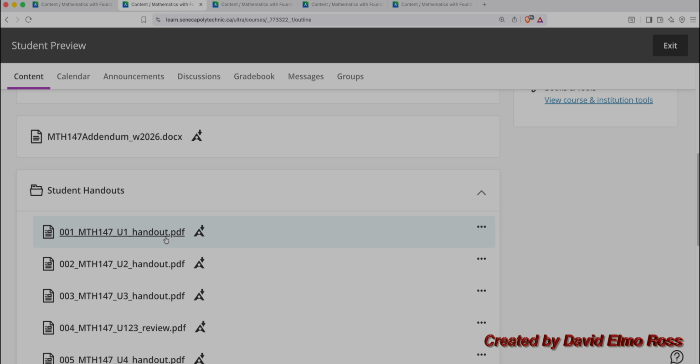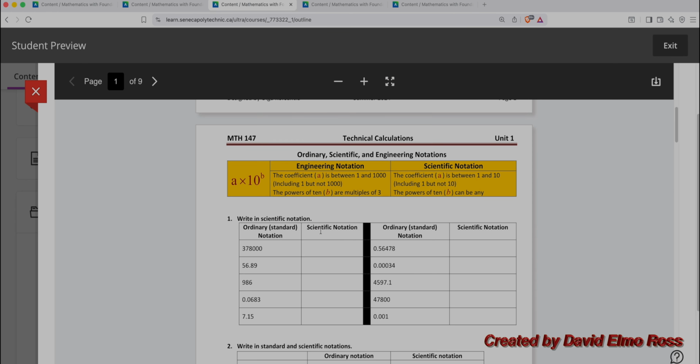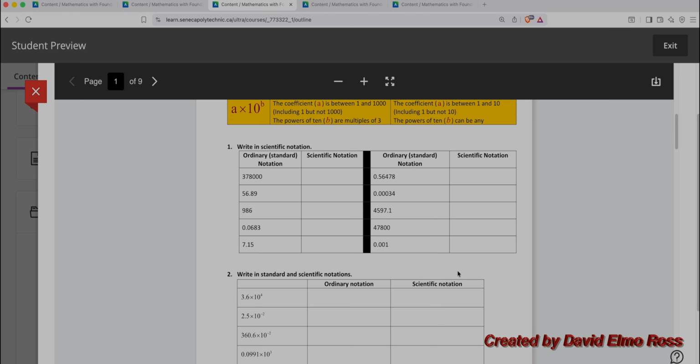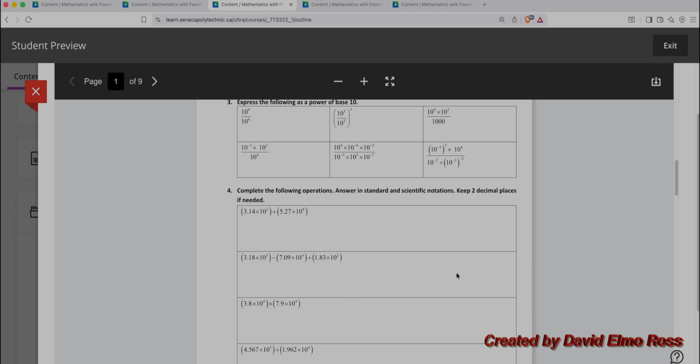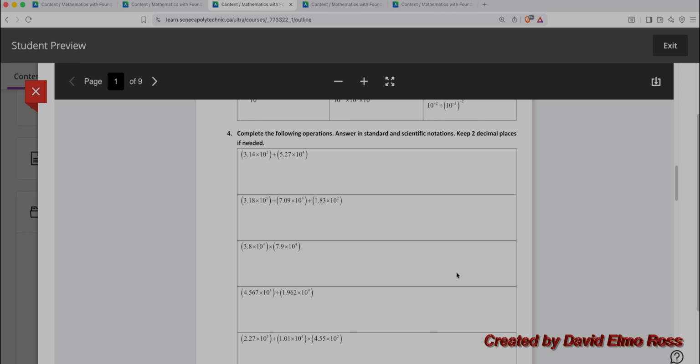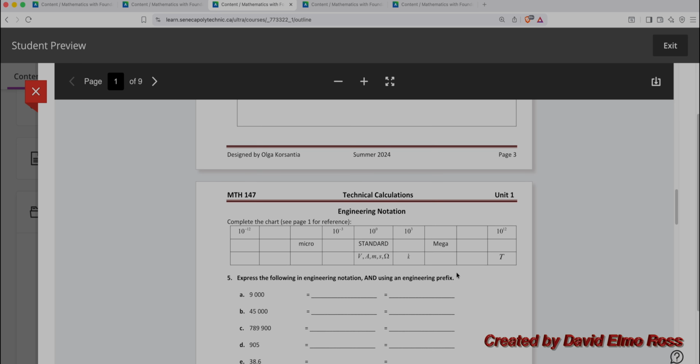Now let's go up here and take a look at more information that's on Unit 1 here. Now on Unit 1, you can see that it has a number of things that we should be working through about taking this number and expressing it in scientific notation, and this as well. So it goes through various exercises in here that we should be able to work through in class and come up with results that are going to be asked for on your various quizzes and term tests, including engineering notation